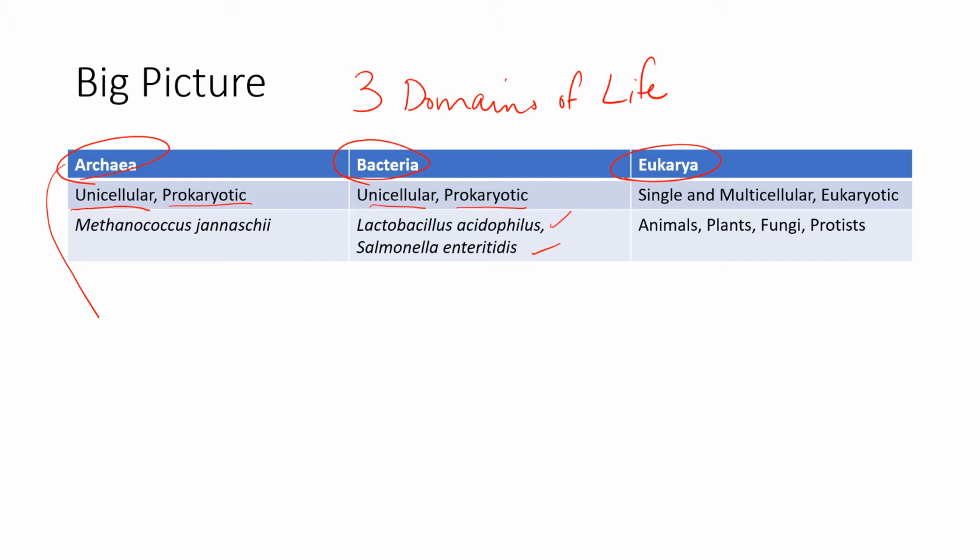The third domain, Eukarya, what these organisms have in common is they're all eukaryotic, meaning they have membrane-bound organelles, like a nucleus. Some of these organisms are single-celled. Some of them may be multicellular, very large, like animals with many cells, or very large trees. There are four kingdoms: the animal kingdom, the fungi kingdom, the protist kingdom, and the plant kingdom. And our focus today is on the specific kingdom of plants.